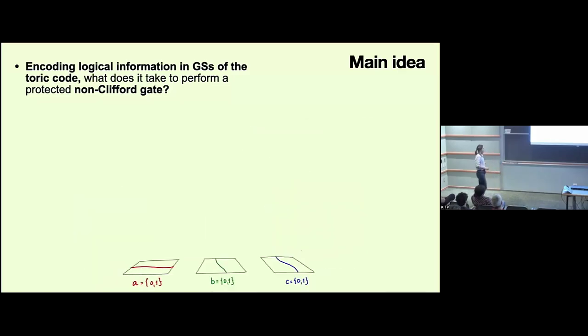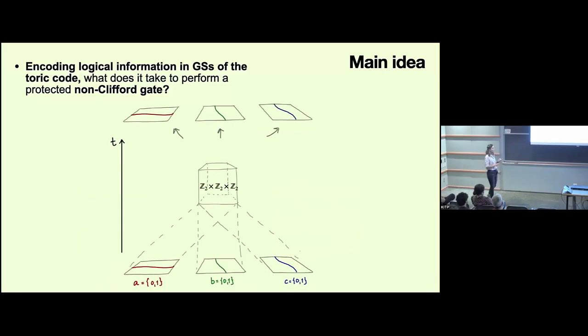Okay. So now we are going to take a few copies of toric codes, and I'm going to label them by color. These are in 2 dimensions, but now I'm going to try to realize them in space-time. So these are going to be circuits that live in time and kind of arrange things in space.